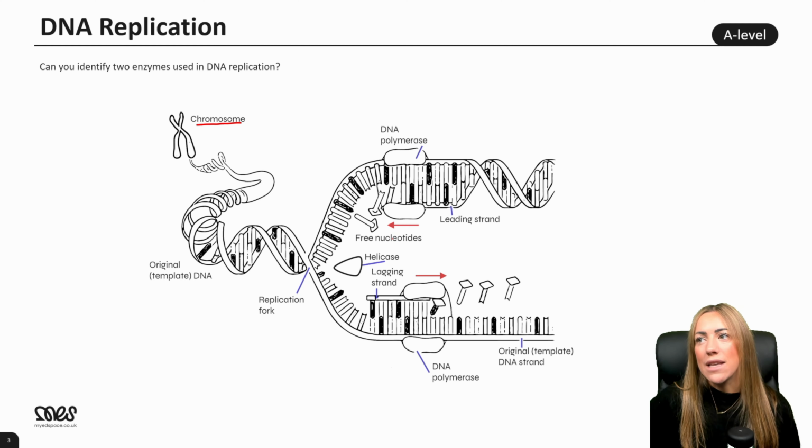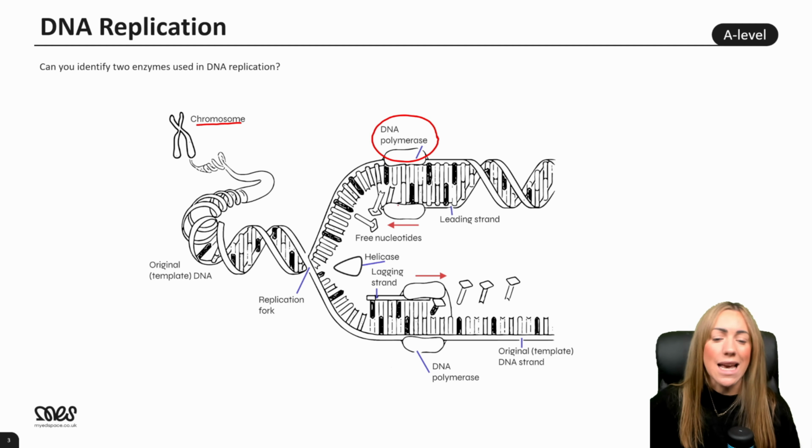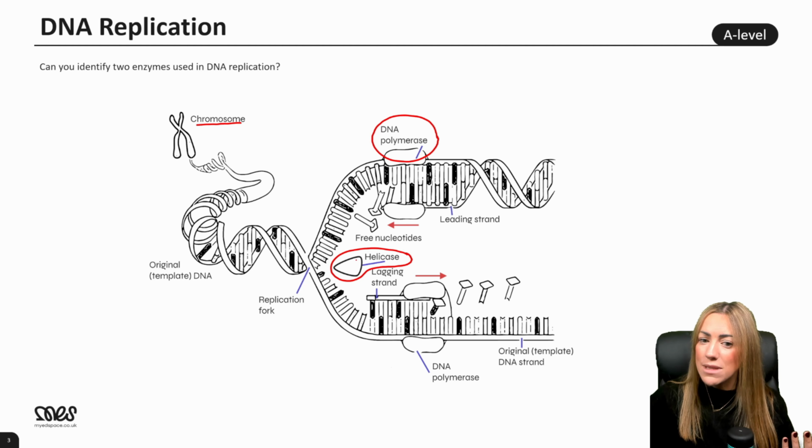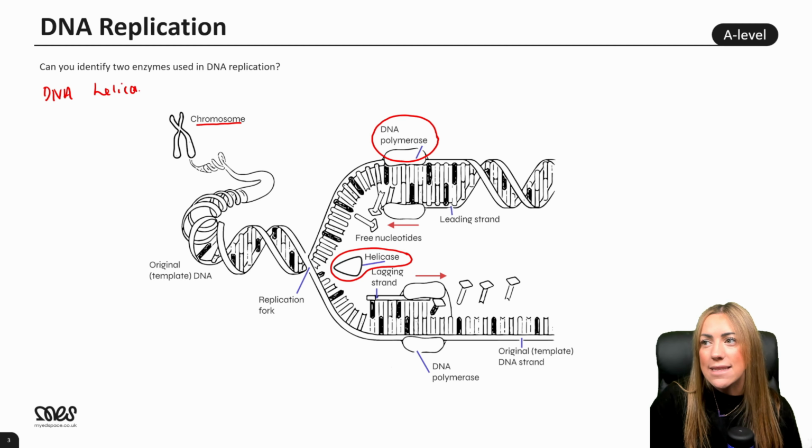Can we identify the 2 enzymes used in DNA replication? Have a little look at the diagram. The first one is here, which is DNA polymerase. The second one is here, which is DNA helicase. There are some other enzymes involved, like DNA ligase, but for A-level biology we just focus on these 2 enzymes. When answering questions about DNA replication, make sure you name the enzymes, DNA helicase and DNA polymerase,